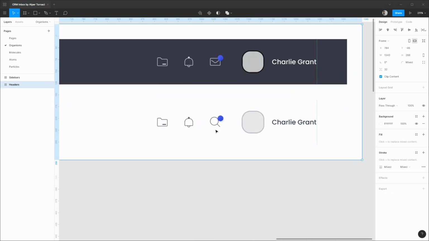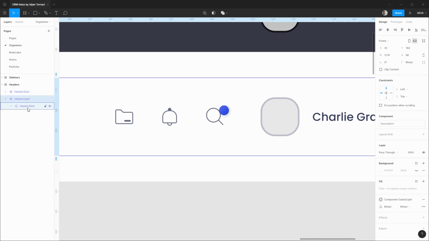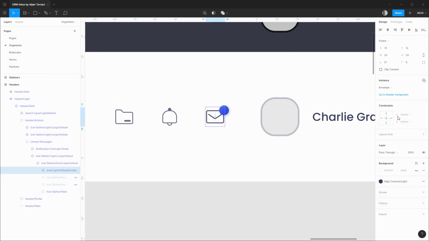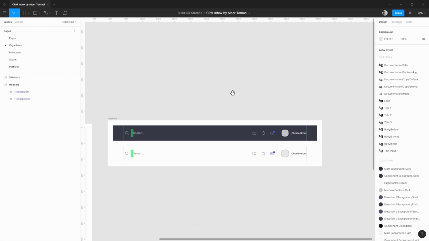One thing I just realized is we actually need our envelope icon here instead of that search icon. So let me make sure that gets in place as well. And if I remember correctly, we actually wanted this notification state for the light theme to also take on the accent color for the actual icon fill. So let's drill down into the layers, grab that, and let's go find our accent default color. All right, that's looking much more prominent. We have a lot more affordance for that notification. And with those all in place, I think that takes care of all of the final work for our header